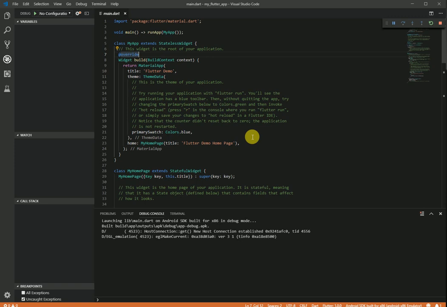But if it's stateful, you are saying that it's going to change at some point in the app's life cycle. So at some point in time, you can click to turn it on or to switch it off. Okay, and then next to that,